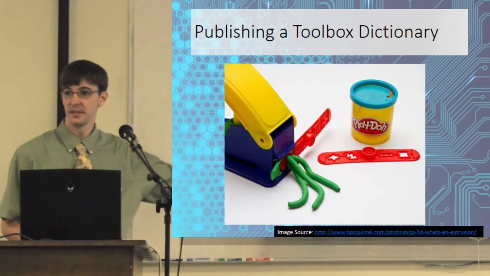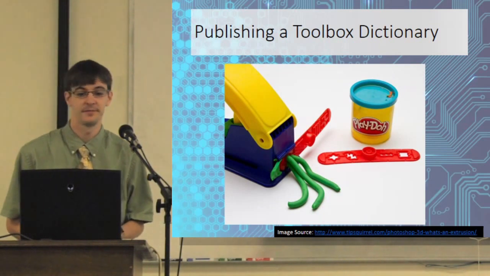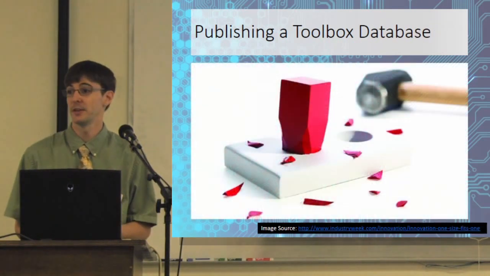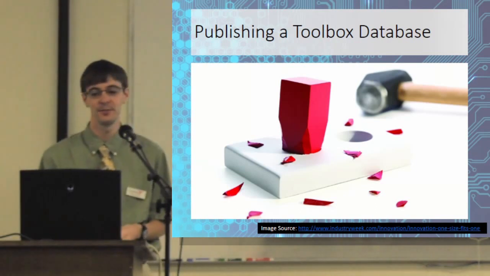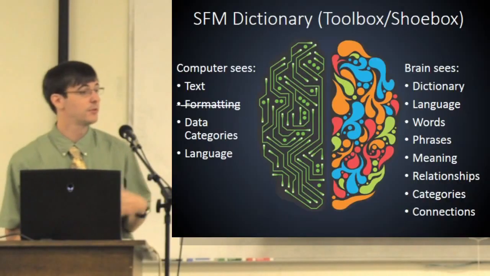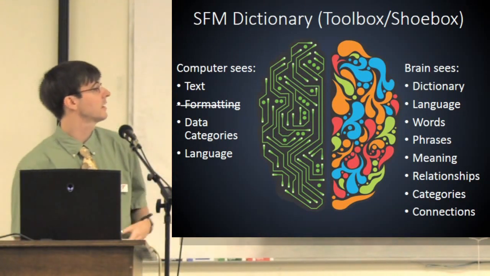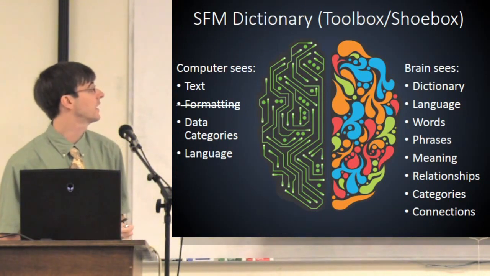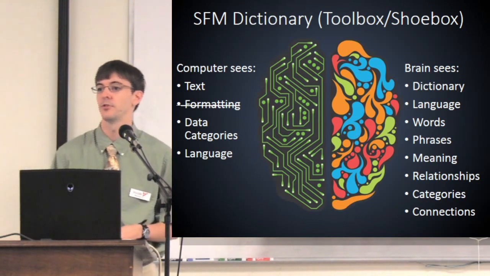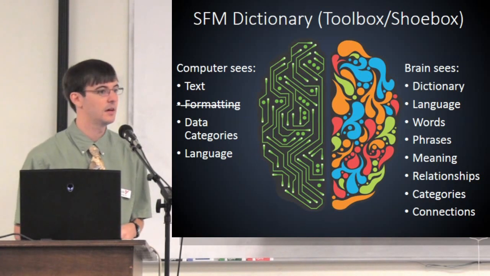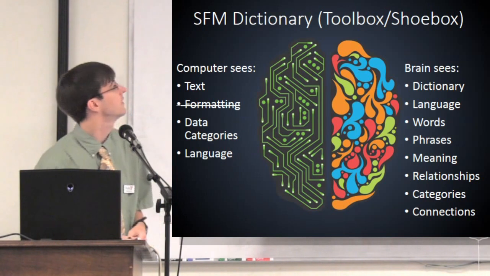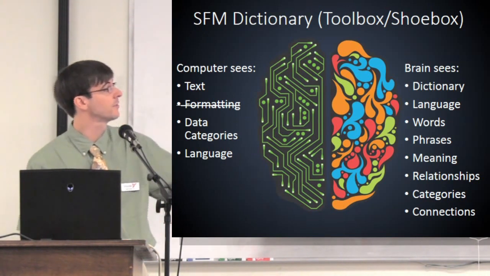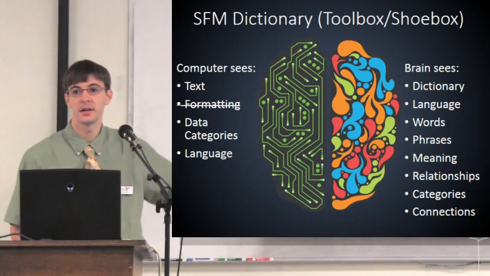So at best, publishing a Toolbox dictionary is like this. But more often it's square peg, round hole, just trying to get it out and get it into a format where it actually fits. So we've moved a step forward. We now have data categories, and Toolbox will actually keep track of which language the data is in, or at least which encoding it is in. So that's a little bit further. Now you can say, oh, that's in this language, that's in this language. And again, your brain is still seeing all of these other things from the other column.